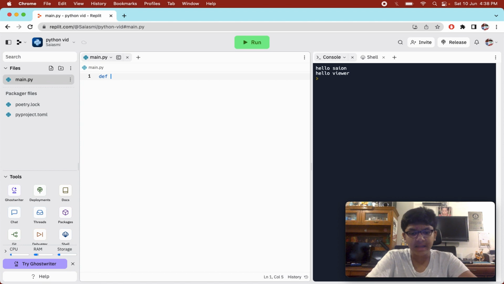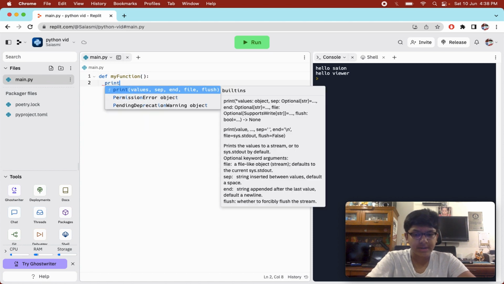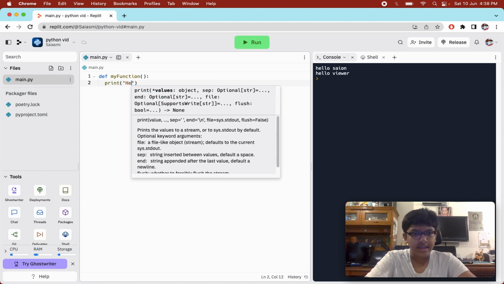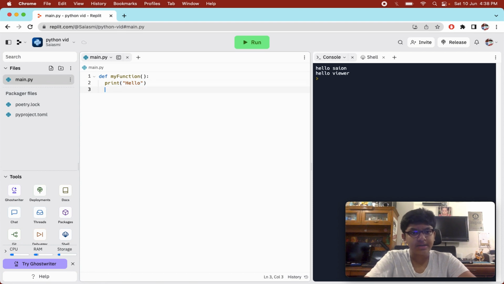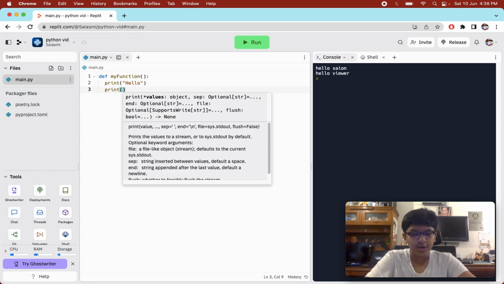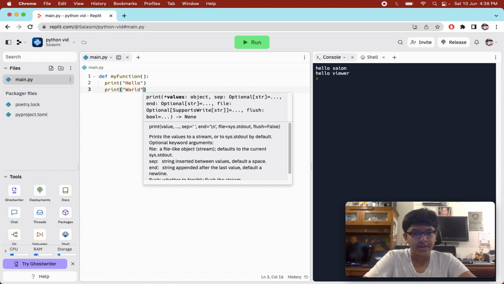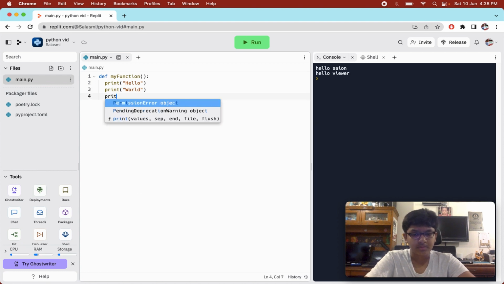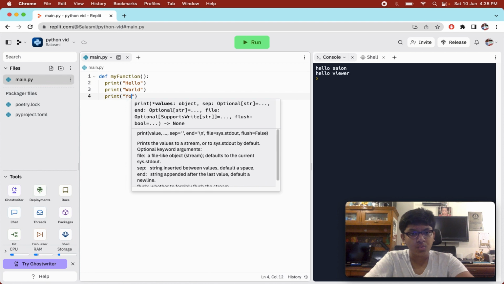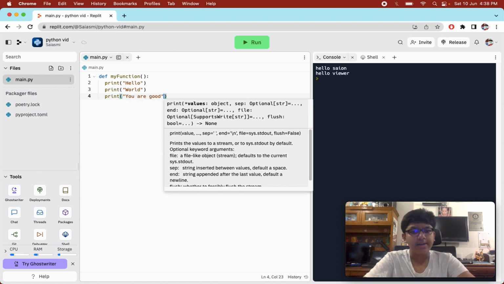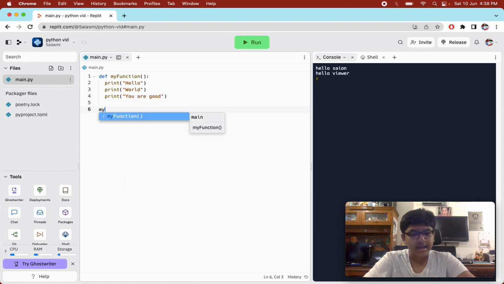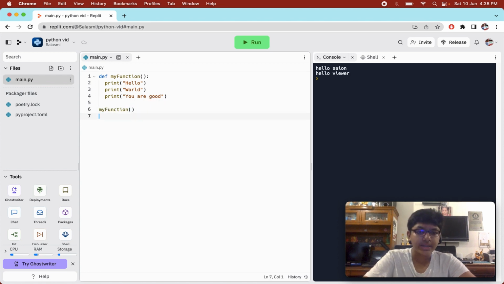So for example, I define my function. So this is my function, and in this I'll just say print hello, right? And I say print world, and I say print you are good. And now for example, I want to show this 3 times. I'll just call my function 3 times. If I want to execute this code 3 times, I'll just call my function 3 times,